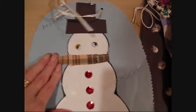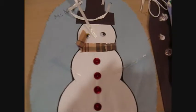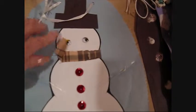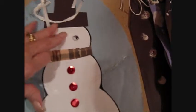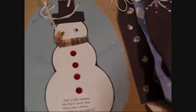This scarf is made of fabric. These are sequin buttons. I don't know if you can see how shiny they are. And add the googly eyes. And there's your snowman. And the verse says,